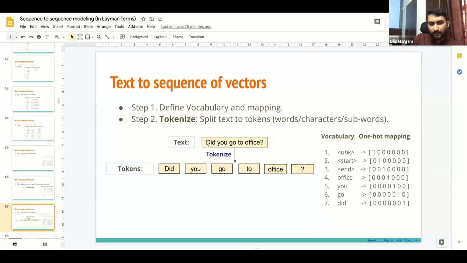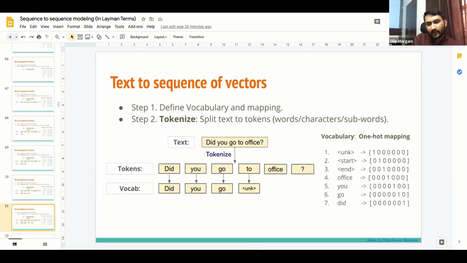Now I split the input sentence into words. So now we have the tokens: did, you, go, to, office, question mark. Now we look for these tokens in the vocabulary. We have the did token, the you token, and the go token in the vocabulary. We don't have to in the vocabulary, so we map it to unknown.